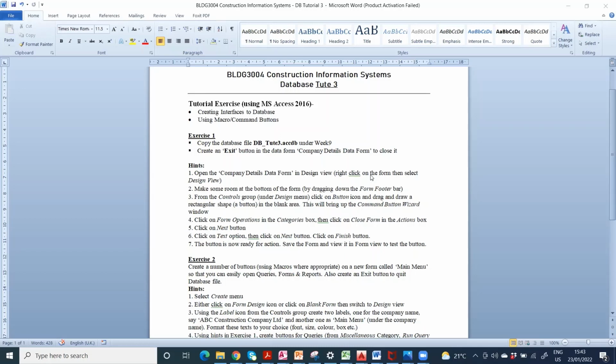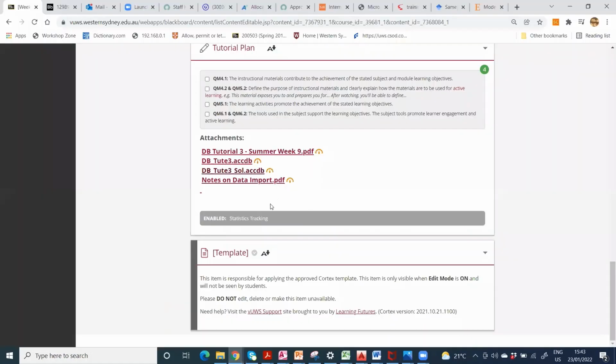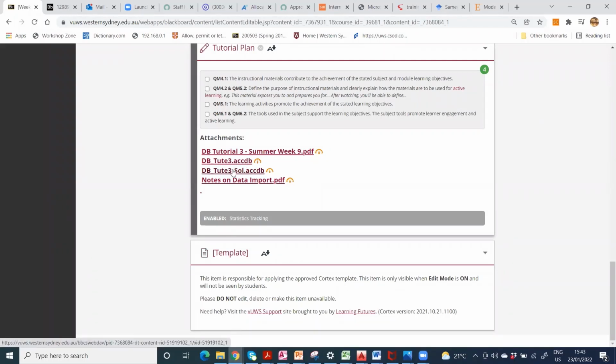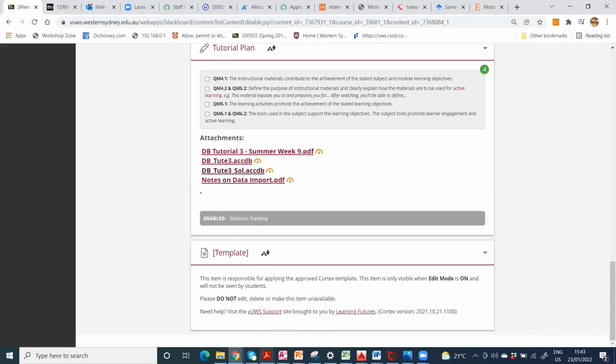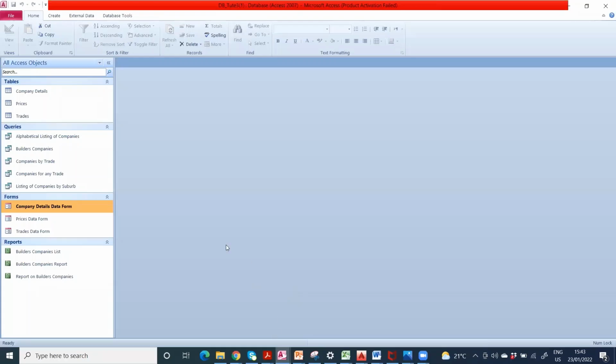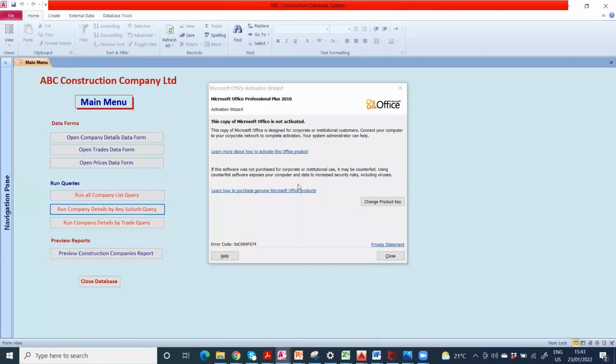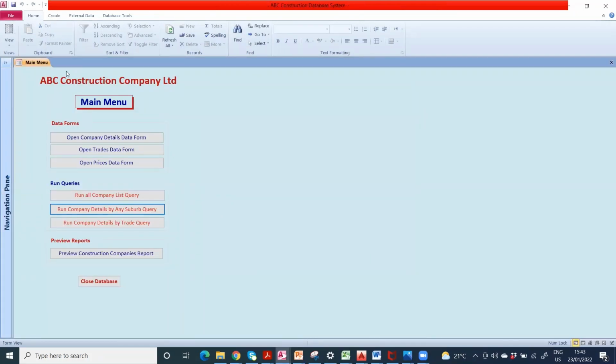Then we can start the exercise number 1. And there are 2 Access files in the folder. If you go and check, one is the tutorial 3 Access file and the other one is the tutorial 3 solution Access file. So these are the 2 files. This is the tutorial file. This is the file we are doing these exercises on, and the next file is this one. So this is what we are trying to